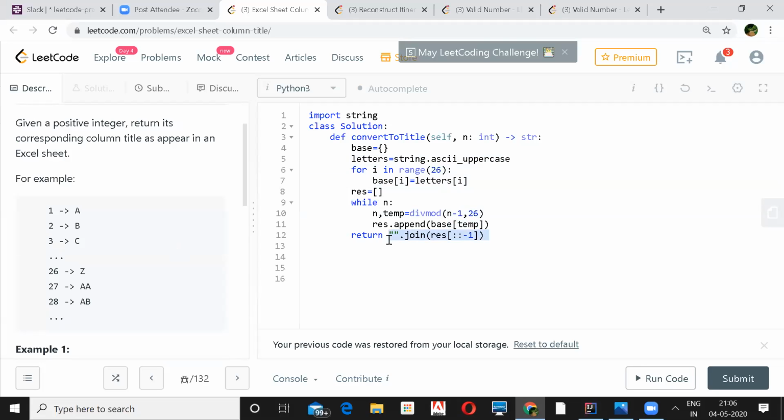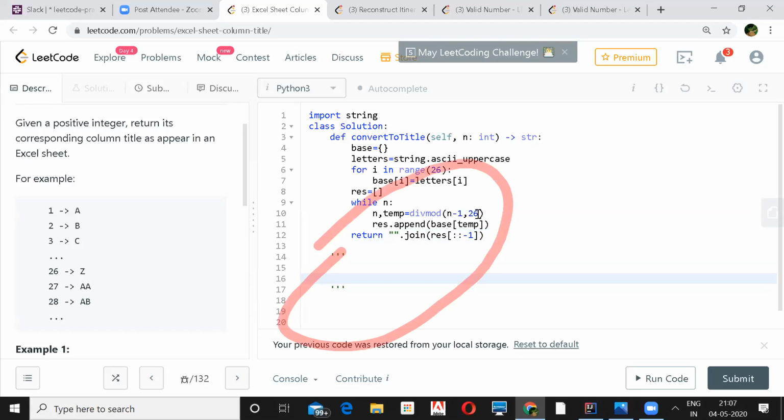Any queries here? So you took 28 and divided it. In the case of 28, can you walk me through the code? Sure. If you take 28, it will be 27 here, and you divide by 26.